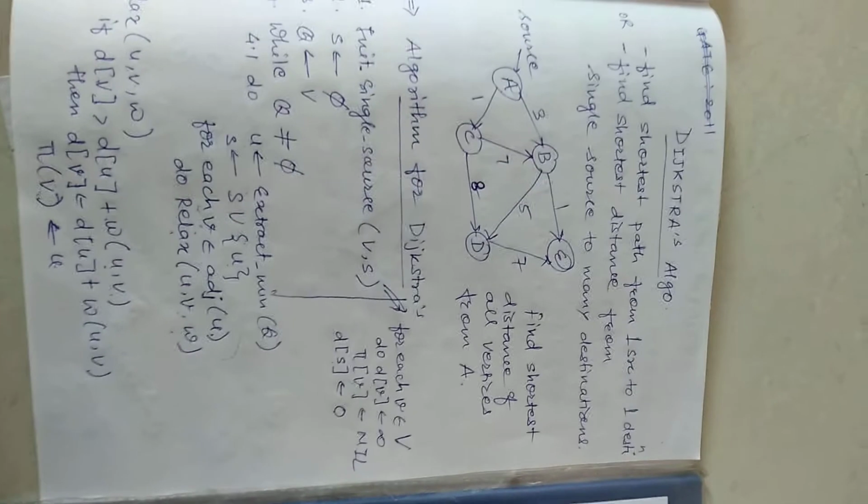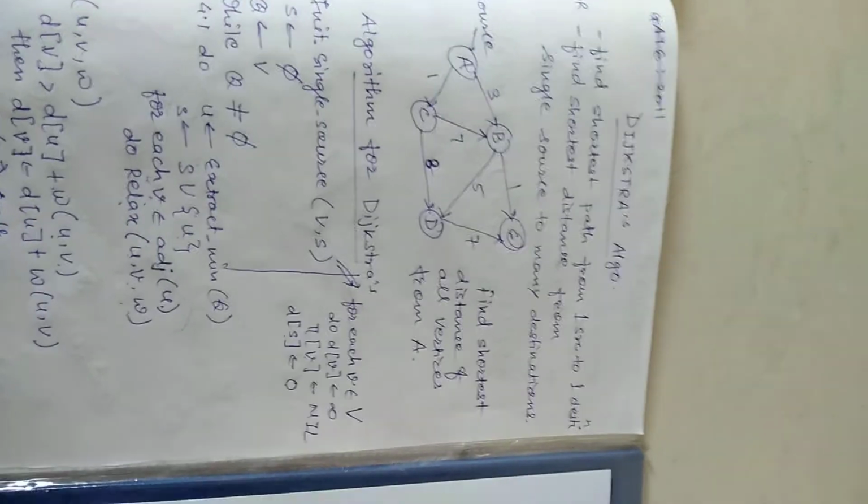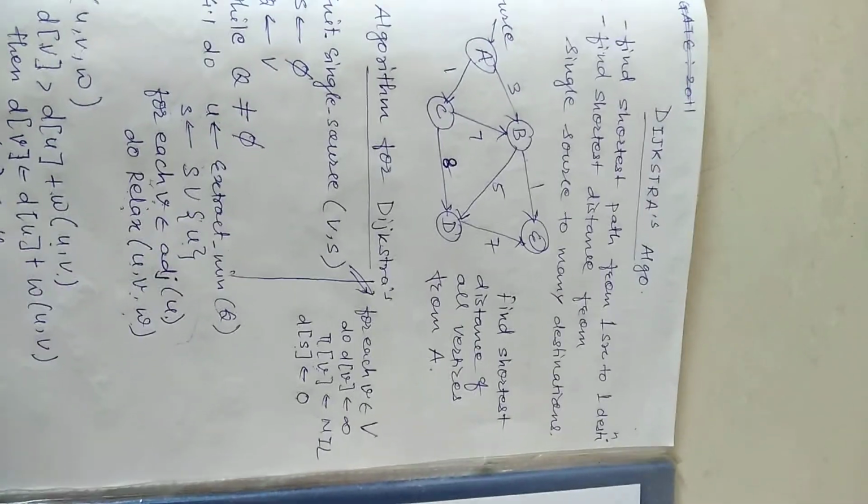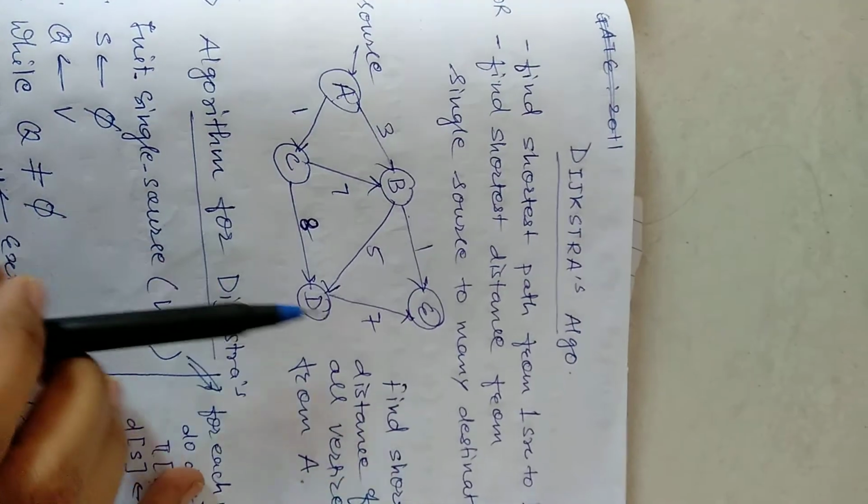Hello everyone. So now we will see an example of Dijkstra's algorithm. I will explain you the first two iterations of this. So let's start executing this algorithm on this graph. That is, this is a directed graph where we want to find out the shortest distance of all the vertices from